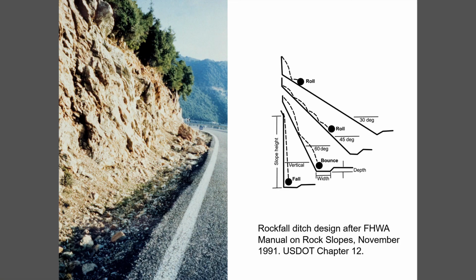This is a little diagram produced way back by the Federal Highways Department in the United States by a man called Ritchie, who simply stood on rock slopes and threw rocks down and watched where they bounced, which was simple enough, and produced a series of charts so that for a vertical slope you have a relatively narrow catch bench with a back-facing slope so that it tends to throw the boulder back into the slope. And as the slope rolls instead of drops, you have to change the geometry of the catch ditch at the bottom. So that's a very simple and very effective solution, and you see it on hundreds of kilometers of highway around the world.